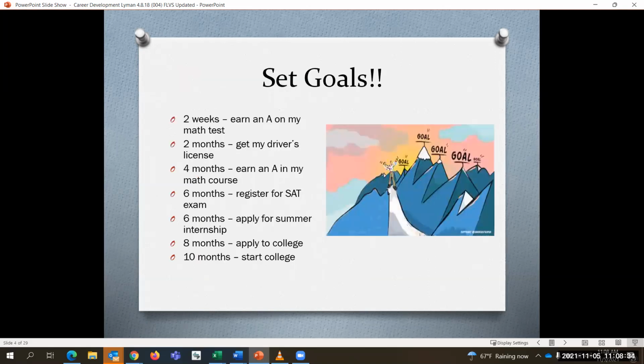Awesome. Okay. And so to get there along this path, it's very important to set goals. So for example, you could have a long-term goal or you could have a short-term goal. I've thrown out some ideas here. Can someone give me an example of a short-term goal? Any volunteers? How about a short-term goal would be something that's maybe 2 weeks from now? I want to earn an A on my math test, okay? 4 weeks from now, I want to get through 2 modules, within the next month or two, whatever you set